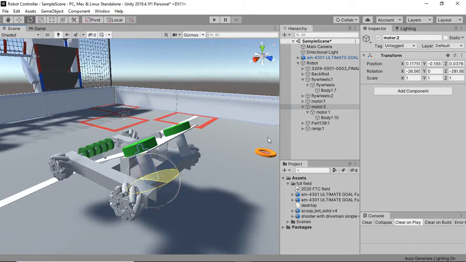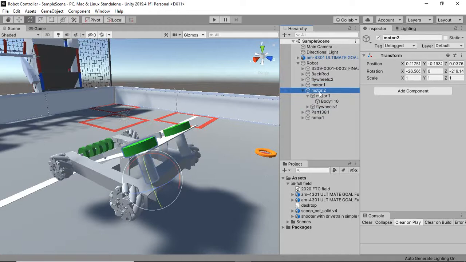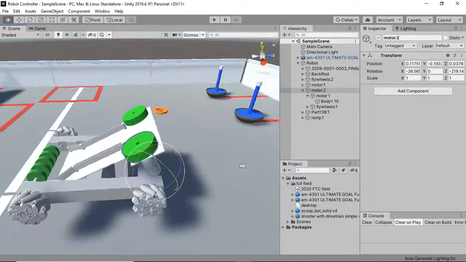So we will rotate this motor on its pivot and the flywheel will rotate on its own, but it will not happen right now because the flywheel is separate and this motor is separate. So what we will do, as I have taught you before, we will make this flywheel the child of this motor. Now when we rotate this motor,